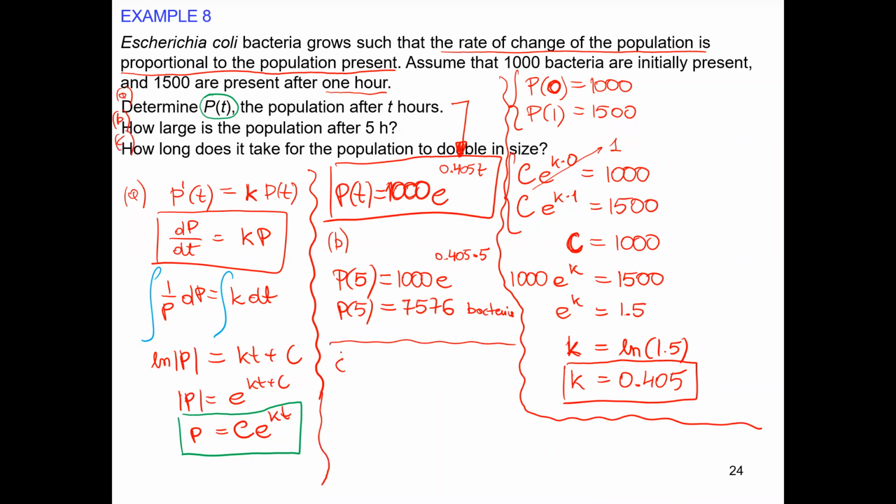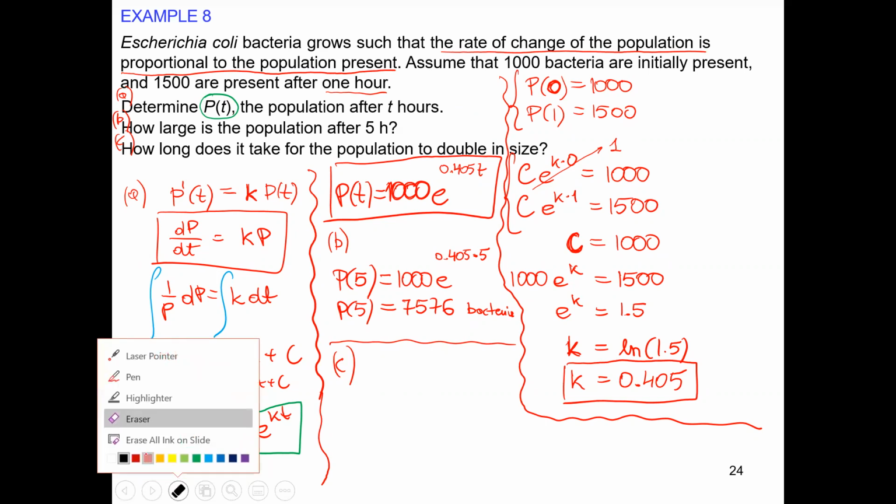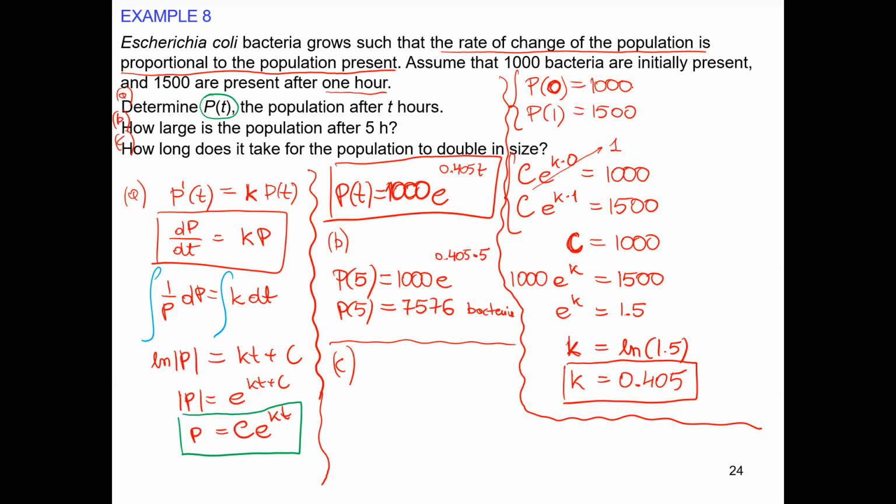Okay, and we have part C, the last one, of course, we will not miss any. How long does it take for the population to double in size? We don't see the word double. How long does it take the population to double? Okay, that means if the initial amount is 1000, then the expected value is supposed to be 2000, double. Yeah, as simple as it is. If the initial amount is 1000 of this model, and we need 2000, we just have to solve this equation for t. When we divide by 1000, we will have